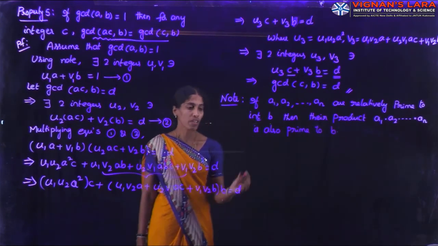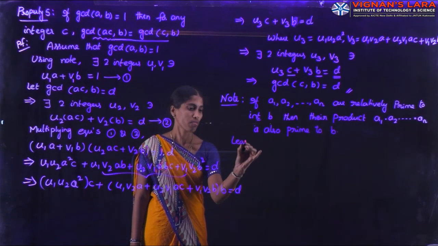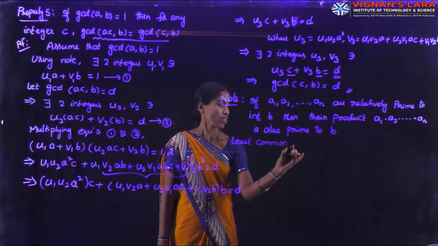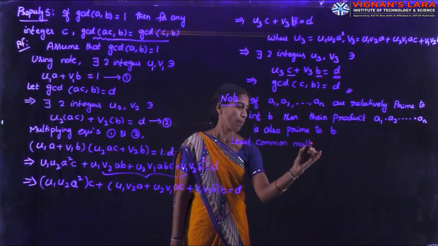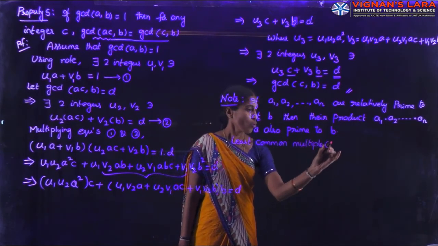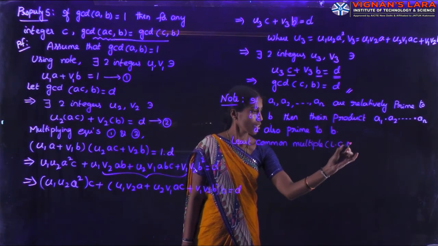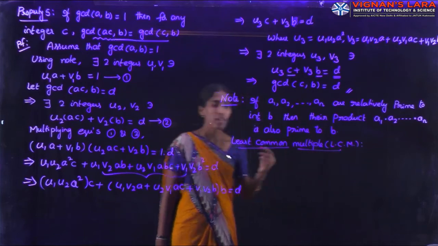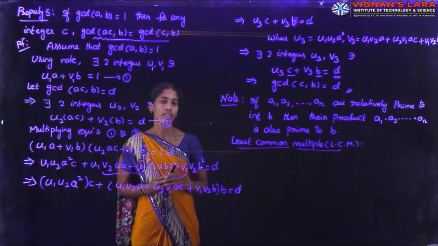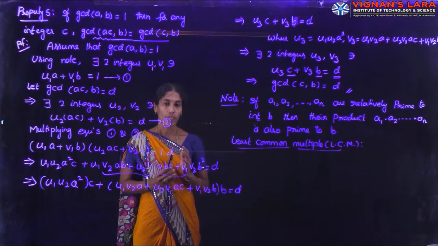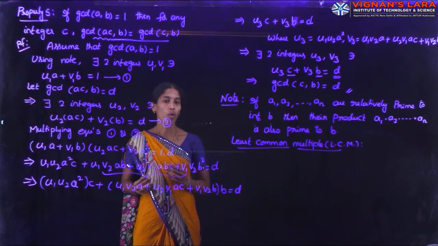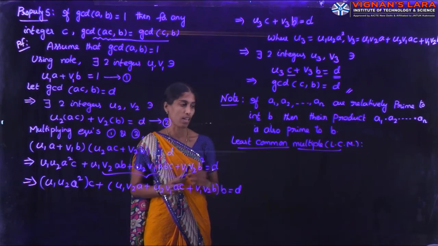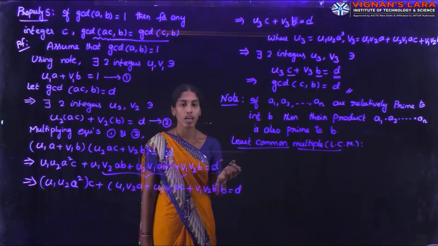So next definition is least common multiple. So you know how to find out the least common multiple, you studied in the lower classes. By using the factorization method, that is the simple method. If a number is a very large number, how can we calculate the least common multiple? We will see in the next class. First we see the definition of LCM.